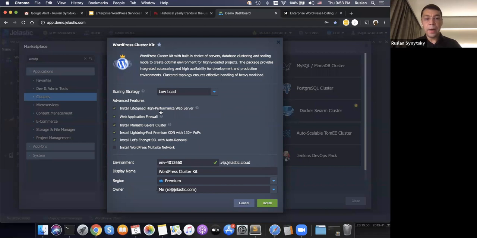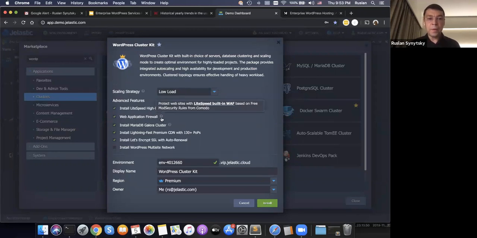Then you specify that you want to use the Lightspeed high performance web server. Please note this server is a commercial option because Lightspeed is really a great solution, so they charge some additional money for this. You don't need to worry about going to the Lightspeed website and buying a dedicated license because it's already integrated inside our solution. We automatically issue the license for you.